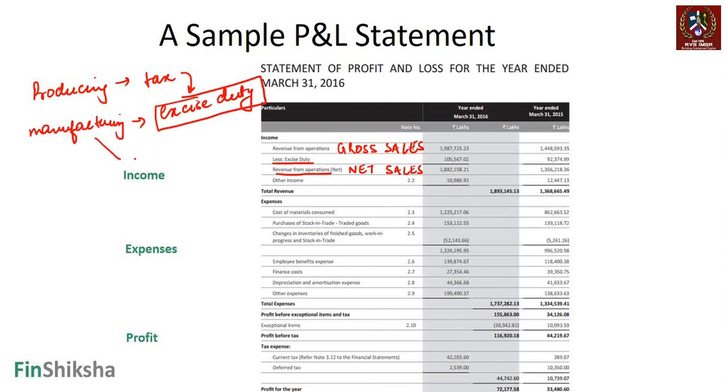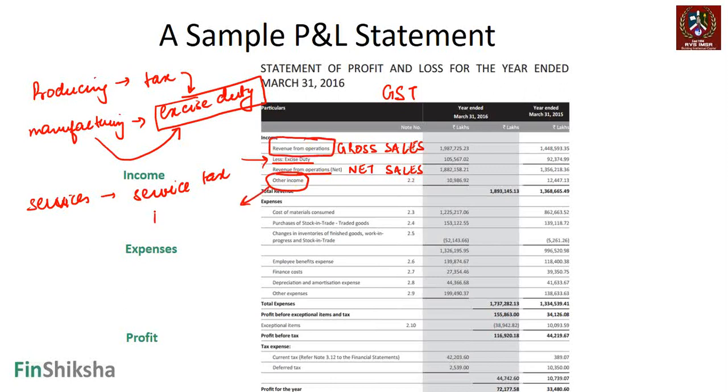If it is a manufacturing company, you will see excise duty. If it is a services company, you will see service tax in India at this point of time. Now we are looking to move towards the goods and services tax, GST, in which case this line item will get replaced by GST for all kinds of companies, right? Once you remove the taxation component, you get to net sales. Then you have a header called other income. Now what is other income? Whatever is coming out of your business operations is revenue from operations. Whatever is non-operational in nature